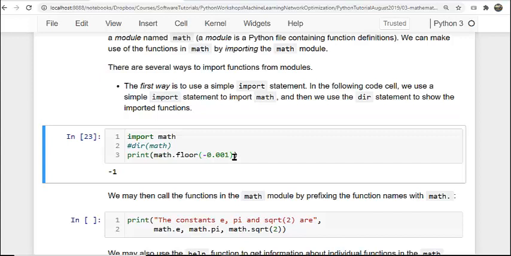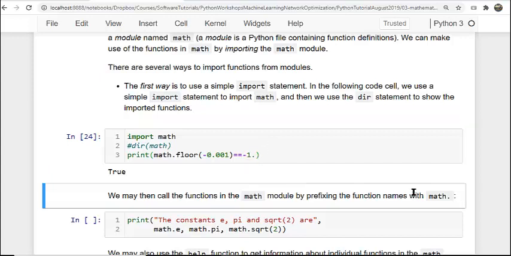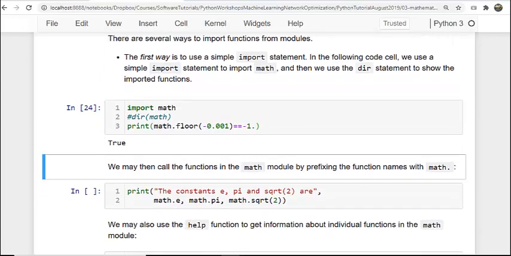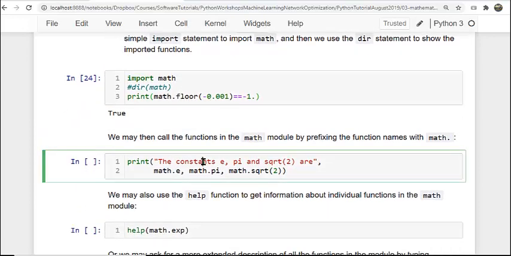Now this is interesting. I wonder, is this going to be true or false? Is this going to be true? All right, it is true. Okay. All right, so as I mentioned, if you want to get math functions, you need to put the math